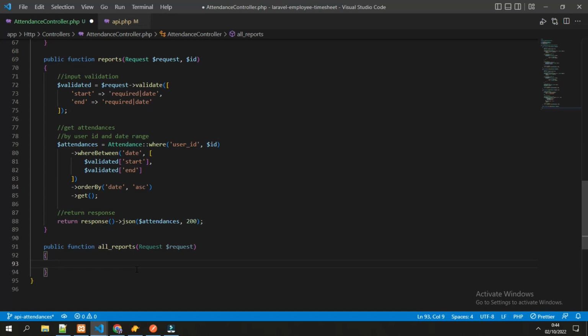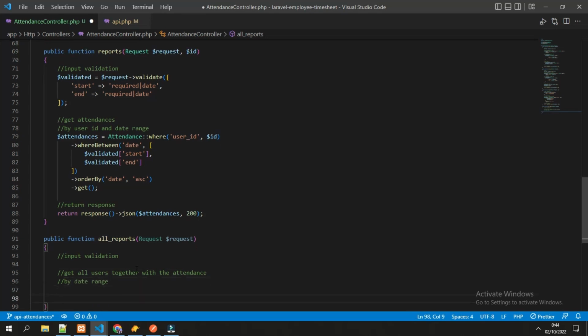And the steps are: first input validation. Next we get all users together with the attendance. And we'll filter it by the date range. And the last is returning the response.